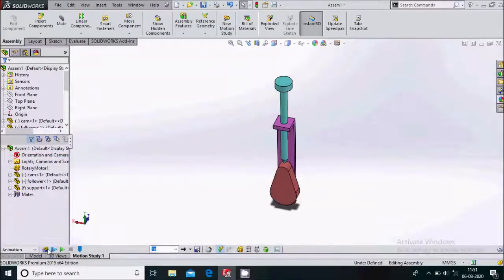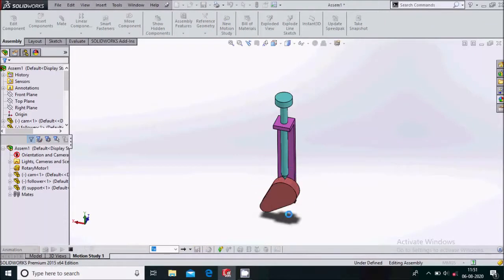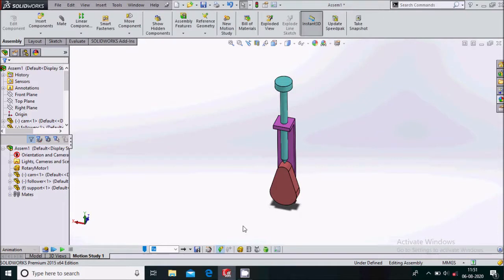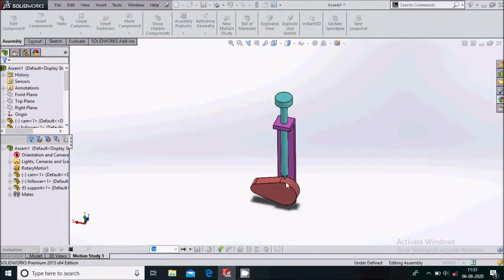So we'll first click on calculate. So it will take some time to calculate. So here you can see it is calculating. After calculation you can see a smooth motion. So this is basically what a cam and follower animation is. So basically this one is the knife edge follower and this one is the radial cam which have a point